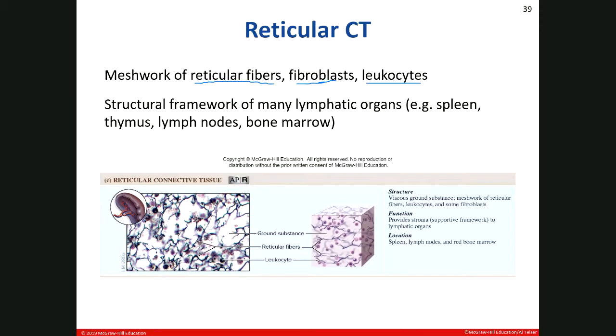So when you see leukocytes, you want to think of the immune system or organs or tissues that have to do with the immune system. So we'll see this type of connective tissue in lymphatic organs. The spleen, which is the largest lymphatic organ. All right, lymph nodes, you guys are familiar with those because those become swollen when you get certain infections, mainly viral infections. All right, the thymus, which is a gland that you're not really familiar with, that sits,